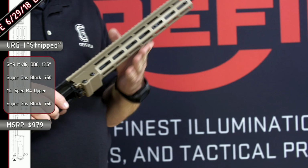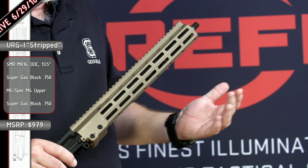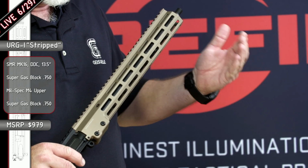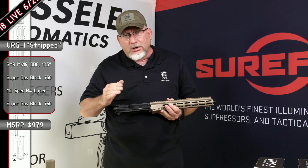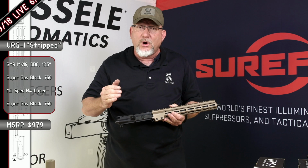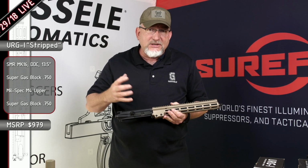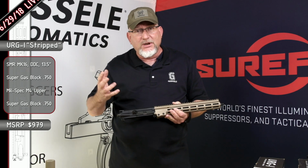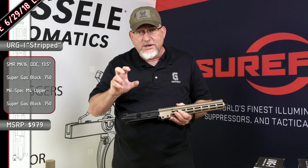And this rail was developed highly with the input of the actual guys on the ground. I didn't come up with this rail and show it to these guys and say, hey, this is the Holy Grail. They came to me and said, look, this is what we want. We want M-LOKs on all the quadrants. This is a departure from everything the U.S. Army's done. Now the SF guys do use modular attachments. Actually, some of the Tier 1 guys, for almost a decade, have been using our Mark 1 type attachment,